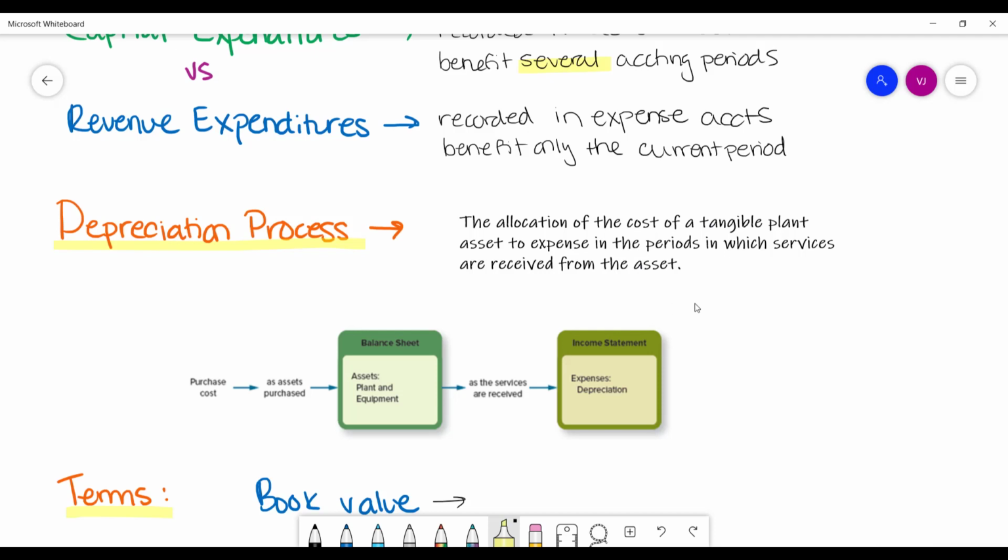So, for example, a building, if we buy a building for $100,000, the $100,000 will stay in the building account, but we will systematically allocate a portion of that $100,000. We'll convert it to expense each period as we're using up that building and receiving benefit from that building. So you start out with the purchase cost when you purchase the asset, and that asset is put on the balance sheet. But then little by little, as each period goes on, as you receive service from that asset or receive benefit from that asset, you're going to convert a portion of its initial cost to expense, specifically called depreciation